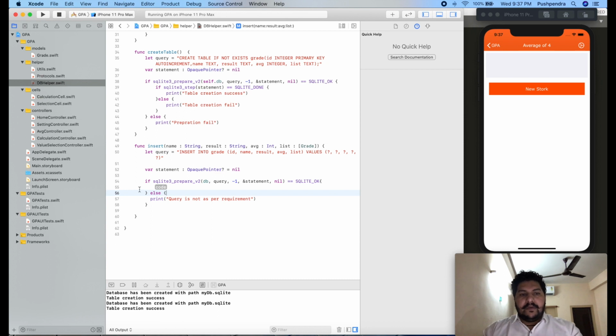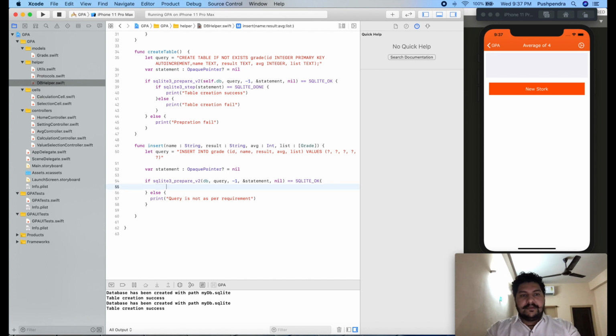Now if your query is okay and your statement is okay, how do you have to append the id, name, result, average and list? Up to now we are just ready with our query, we did not attach any values. So in the next program I'm going to do that.